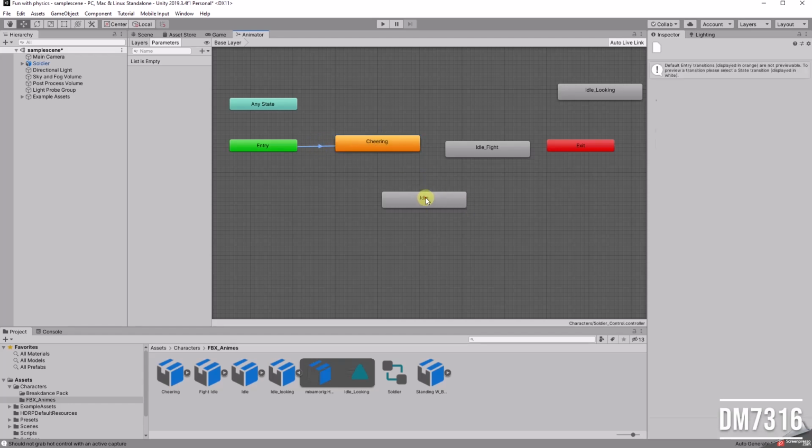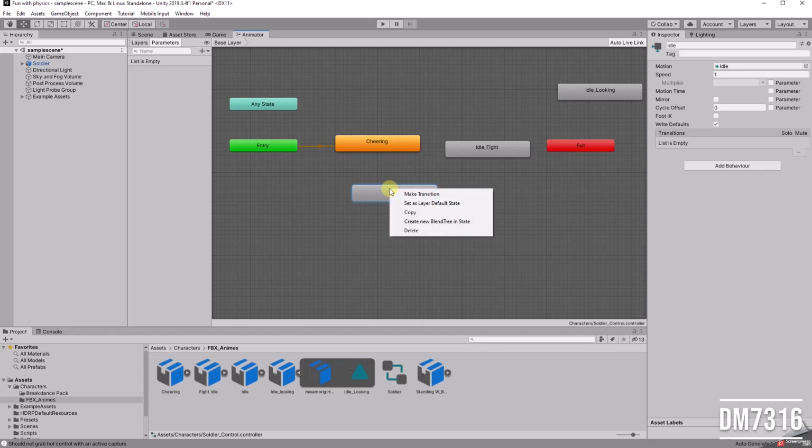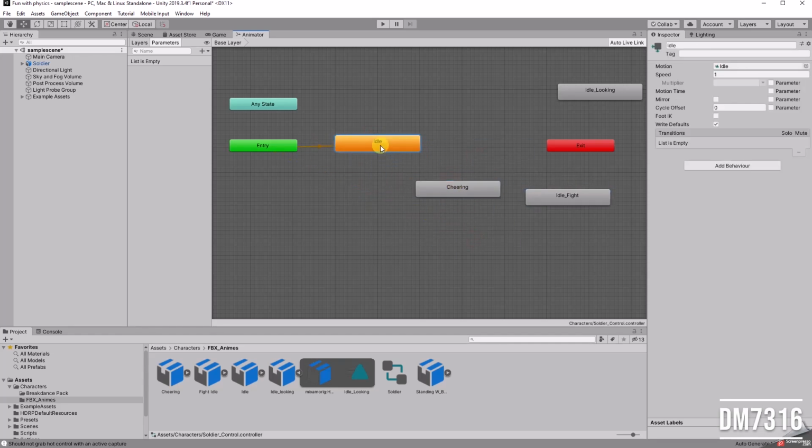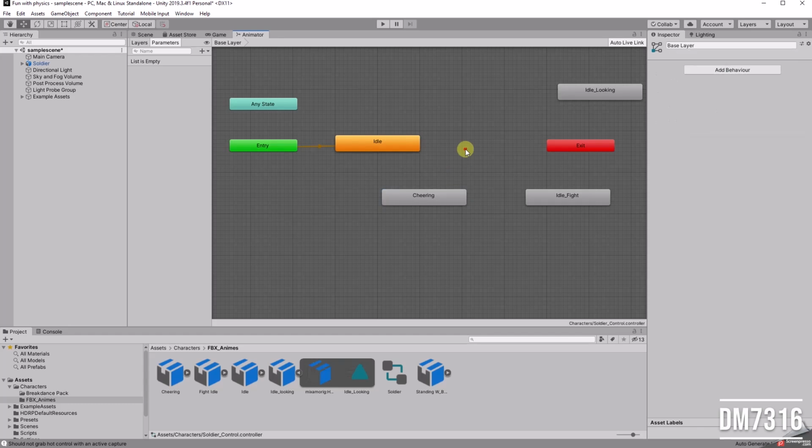So what I want is to start with idle. So I will say set as layer default state. Okay, so now he will play my idle first. After, I can create, why not,